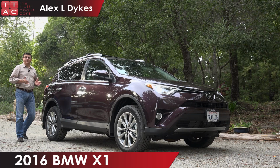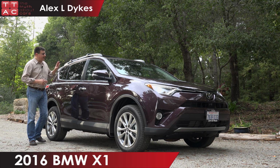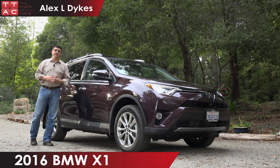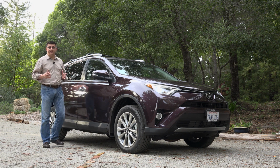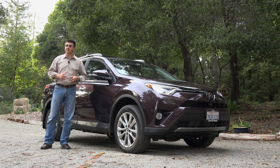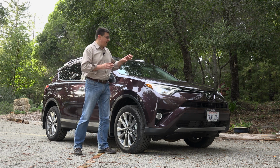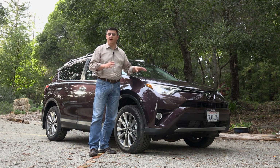The compact crossover segment is an incredibly hot segment right now. The top three players, the RAV4, the CR-V, and the Ford Escape, are expected to each sell over 300,000 of these crossovers in the year 2016. With sales numbers like that, it is not surprising that Toyota went back and completely refreshed the RAV4 for the